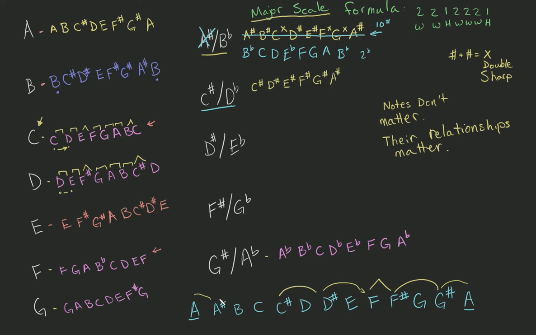2 more gets us here. 2 more gets us B sharp. And finally, we're back to C sharp. Now, if you look at this, it's not too bad. Just everything is sharps. It's a lot of sharps, but just everything is sharp. There's no double sharps. As soon as you start seeing double sharps, it's time to find another way to go